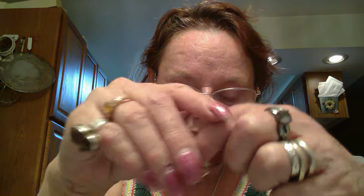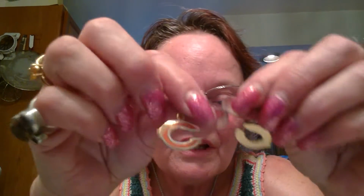And sorry about my hair, it's starting to dry. I sprayed some leave-in conditioner in it, so it's getting all stiff. As you can see, I have super fine hair, and I need to go see the hairdresser because my gray is really showing. But anyways, these